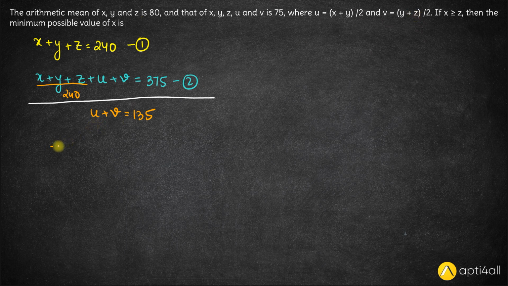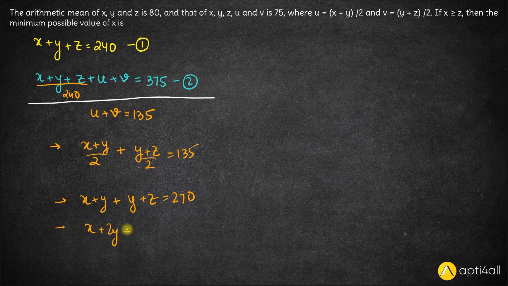So let's substitute this here. u is equal to (x plus y) by 2 and v is equal to (y plus z) by 2. This is equal to 135. So multiplying with 2, we have x plus y plus y plus z is equal to twice of 135, which is 270. So we have x plus 2y plus z is equal to 270,